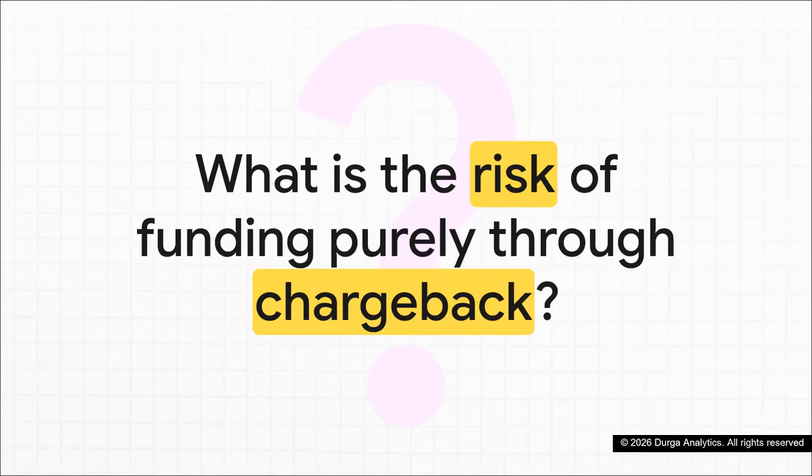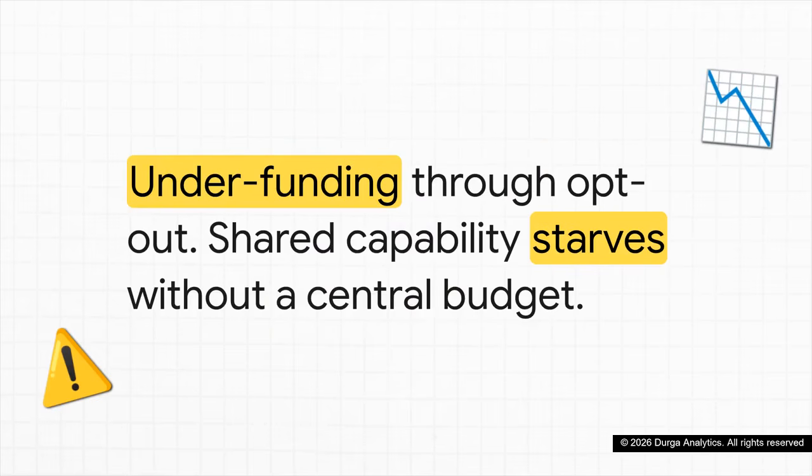is the risk of funding governance purely through chargeback? Your answer here should immediately pivot to our shared road analogy. The major risk is underfunding through opt-out. Because governance is a shared benefit, if units only pay per use, some will inevitably opt out just to save a quick buck. And when that happens, the essential shared capability starves. You tell them that pure per-use tools systematically underfund shared infrastructure, which is exactly why a stable central core is